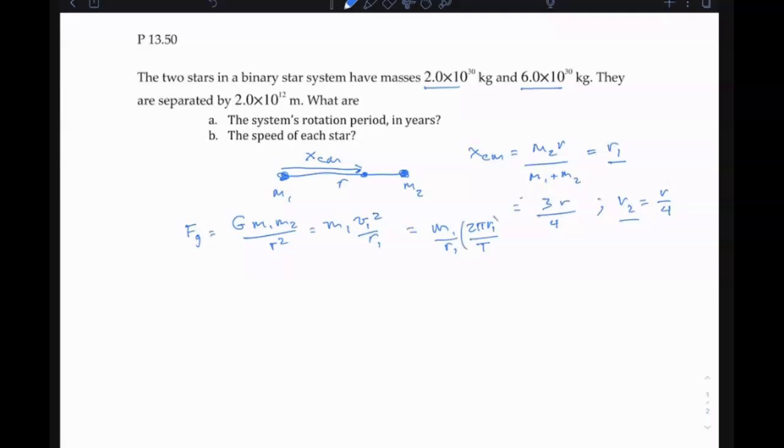So we put this ratio in for our expression for the velocity, v1, and we square it. If we do the algebra,